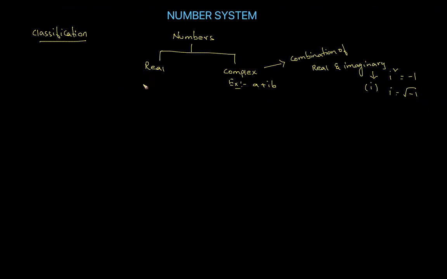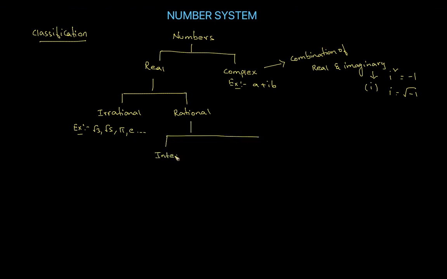Coming to the real numbers. Real numbers are further divided into two parts: rational and irrational numbers. What are irrational numbers? Root 3, root 5, these type of numbers we call irrational numbers. Pi, e, etc. Again, the rational numbers are divided into